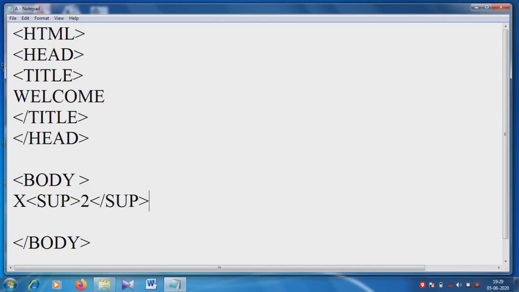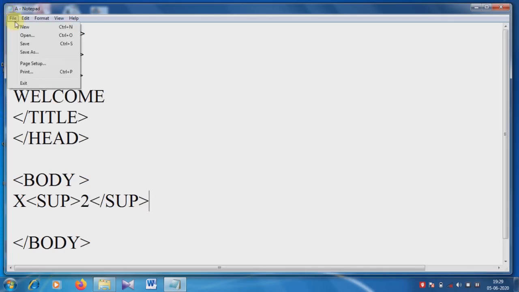That means we have to keep 2 slightly above. So whichever letter you want to keep slightly above, you have to keep within the superscript tag. Okay, so now let's check the output.